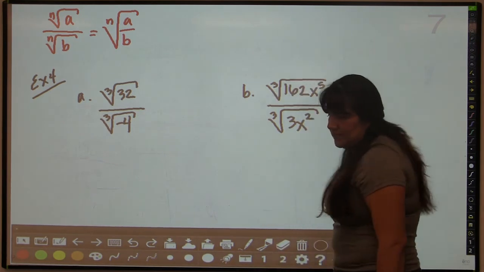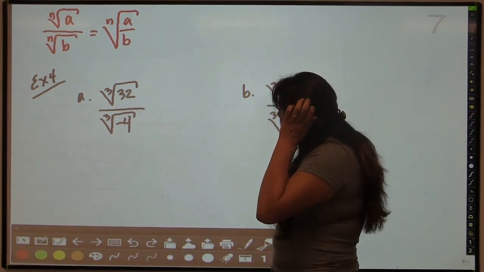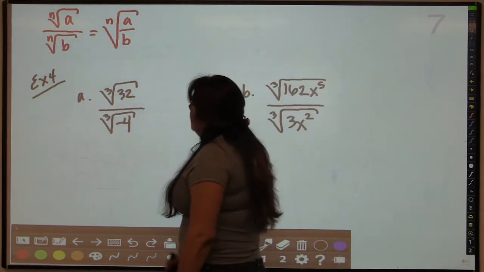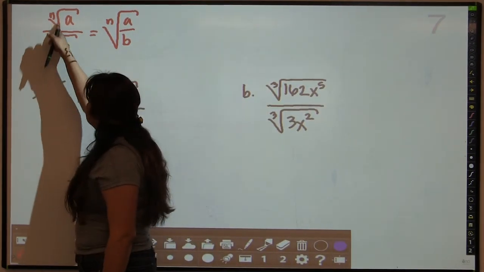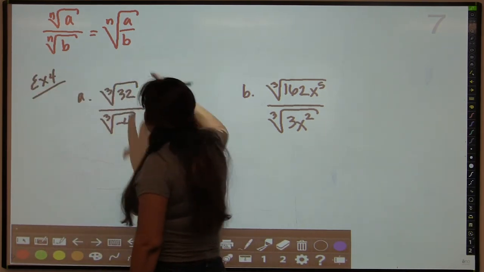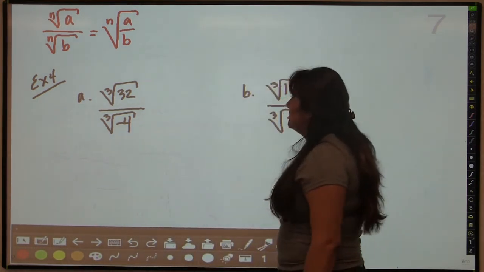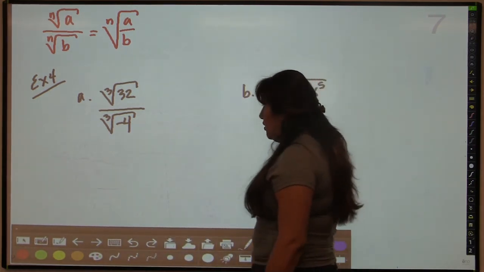Division is done in much the same way. Here in the red, we have our little formula, our little property. If you have the same indexes that you're dividing, the nth root of a divided by the nth root of b, you can combine them into one fraction underneath the nth root. That's convenient for us a lot of times because if you look at this example,